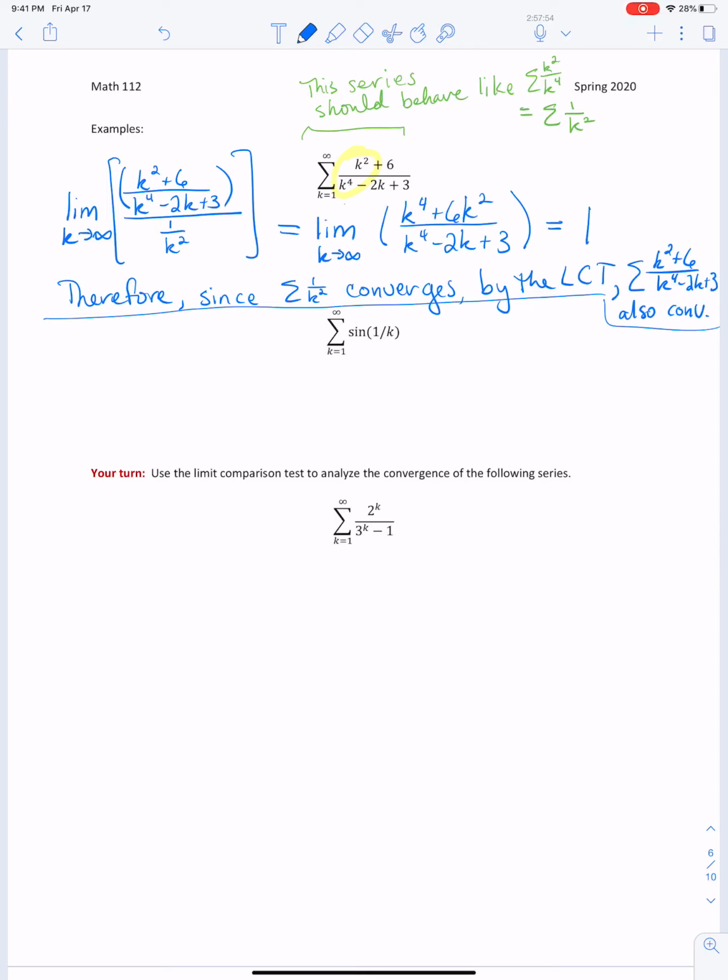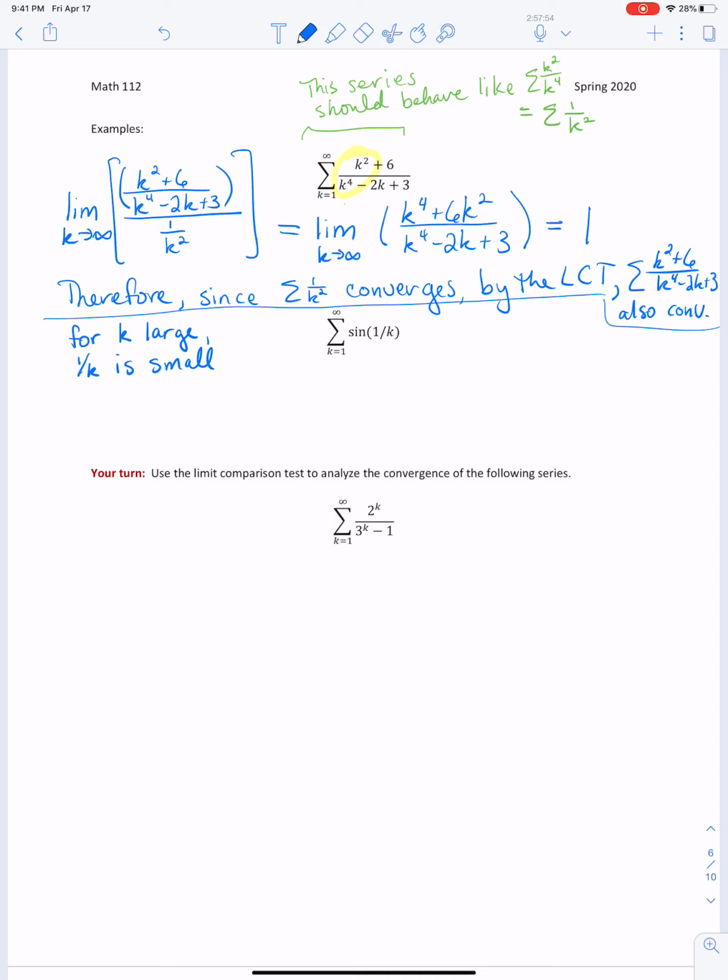So as k goes to infinity, again, what we're looking at is end behavior. For k large, what we should notice is that 1 over k is approximately 0. Okay, so 1 over k is small,